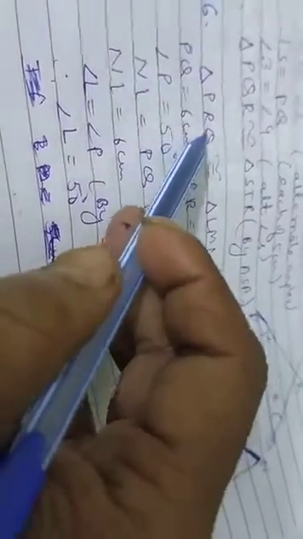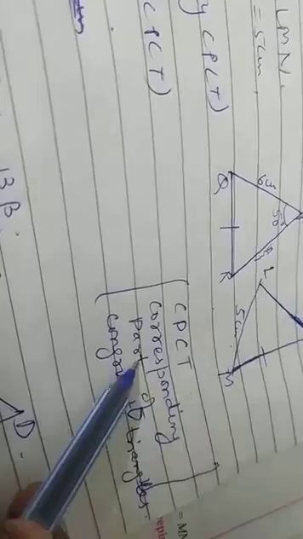NL is equal to QP, or you can say PQ, by CPCT. CPCT is the full form of corresponding parts of congruent triangles. When two triangles are congruent, the remaining sides, just like QR is equal to MN, PR is equal to NL,